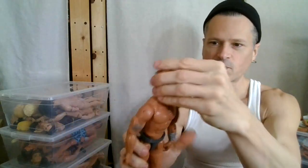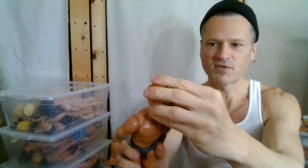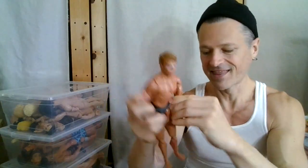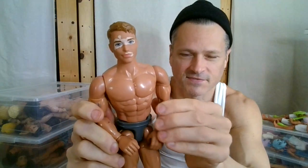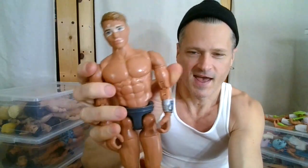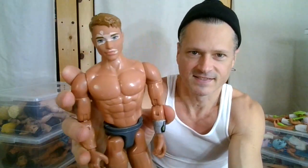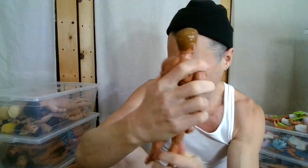This is a good time to jump into him. This one is, I'll show you. Sometimes I just whittle down the peg and wrap tape around it so that I can put the head up just a bit more. This Ken, I love this Ken sculpt. It's my favorite Ken sculpt ever made, and I really like the vitiligo on his face. I think he looks like he is from the future, with the space stuff on it. This is my favorite Ken doll, and it hasn't changed in a long time. But I also have other favorites, like my...